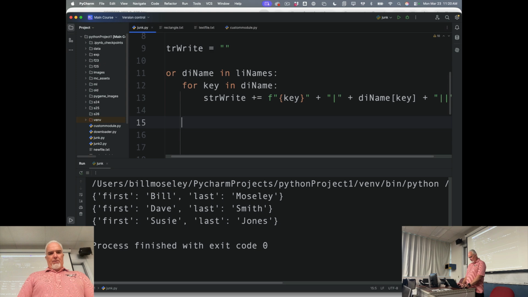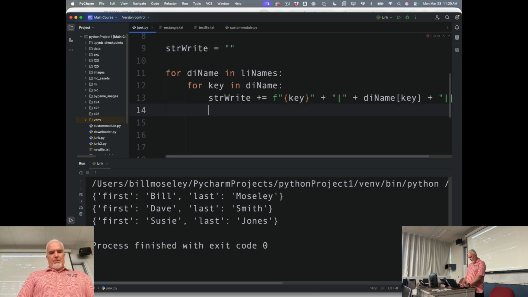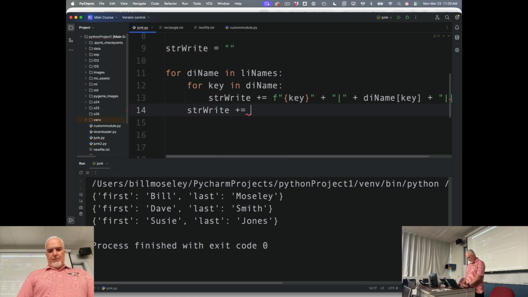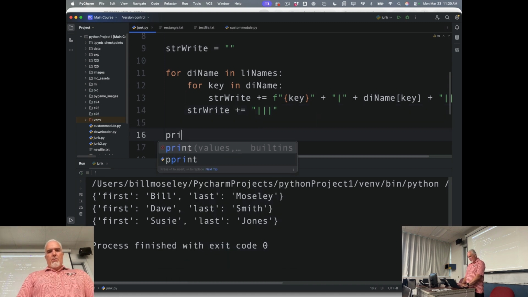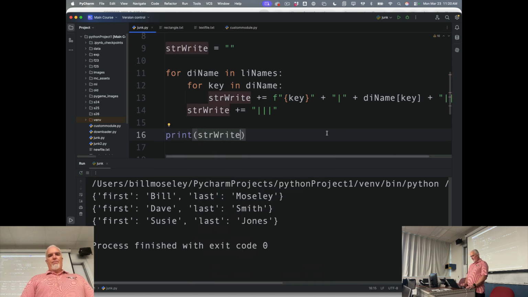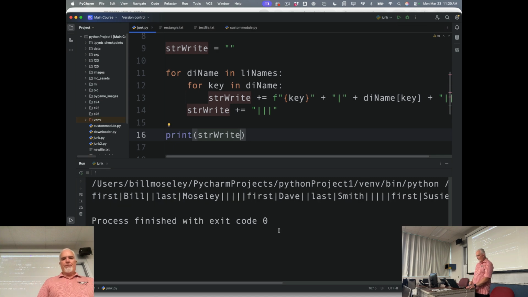And then I'm going to go back up to here, and after it goes through each one of these, I'm going to have it add something else. str right plus equals. I'm going to use 3 pipe characters. What's the deal with this? So when I finish all of that, let's print this weird string that I've put together. So if I run through there,